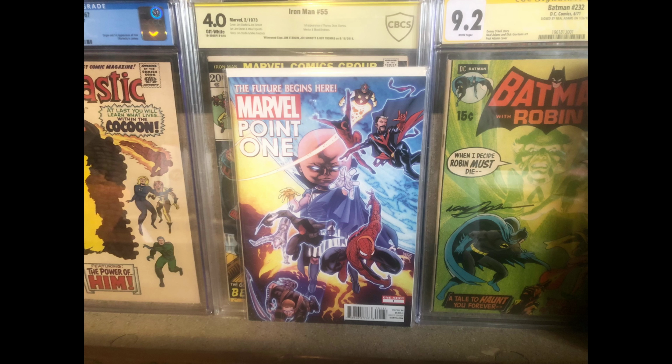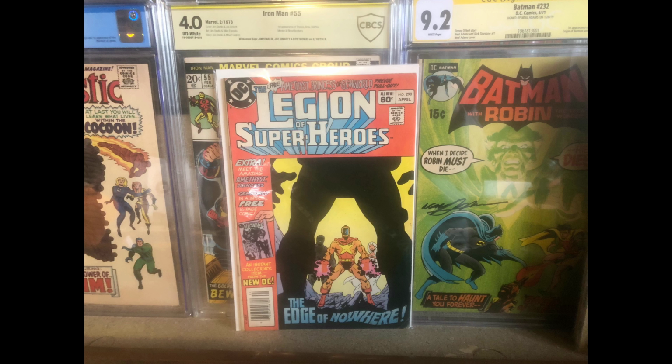Even if they don't do Sam Alexander, even though I think they do since they're going to lean young with the MCU, this is still a good book to gamble on. For cheap, honestly. With a little bit more DC love in us, Legion of Superheroes number 298 is first appearance